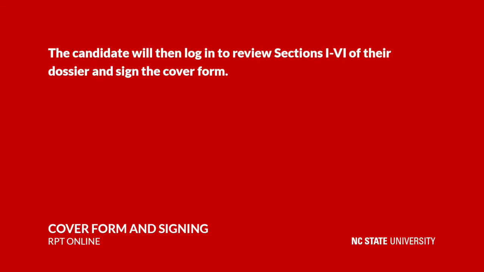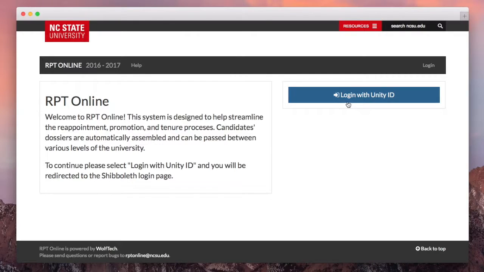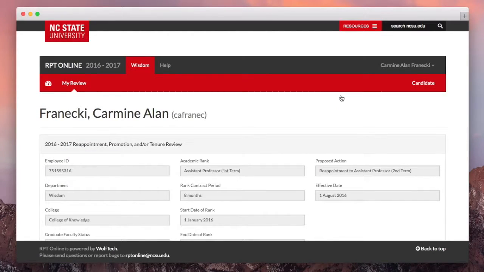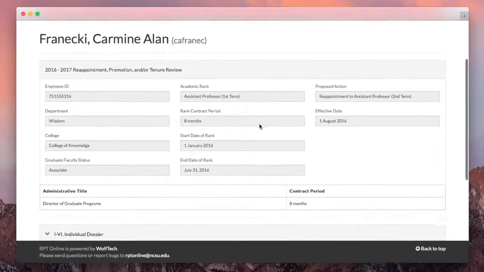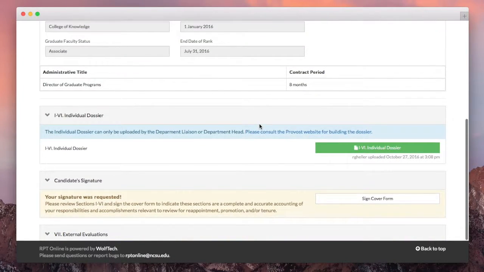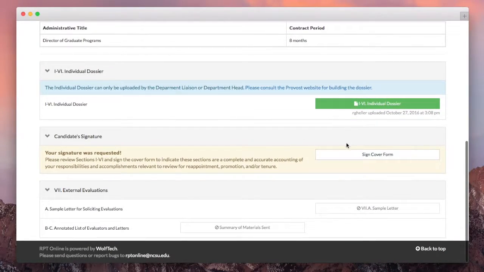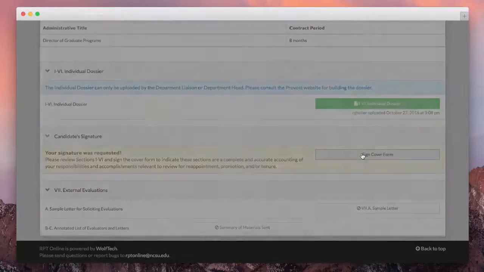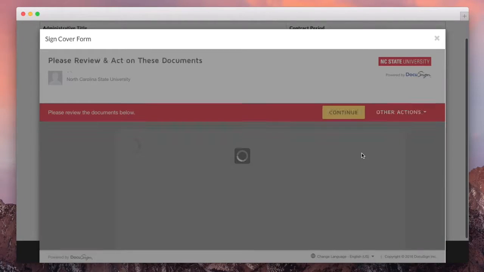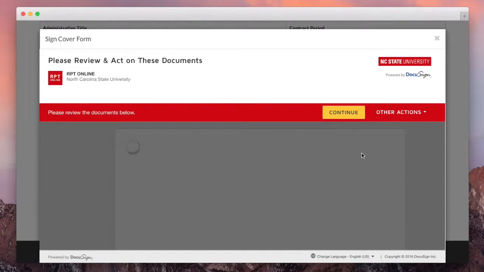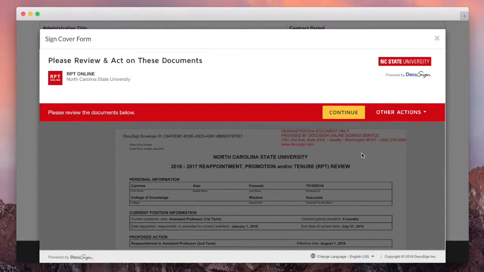The candidate will then log in, review sections 1 through 6 of their dossier, and sign the cover form. So let's go ahead and log in as a candidate. You'll notice the candidate's brought directly to their own review page. Scroll down to the candidate signature section, which is slightly different for them. Click on the sign cover form button. This will launch a window with the cover form where the candidate will now sign. They will click continue,